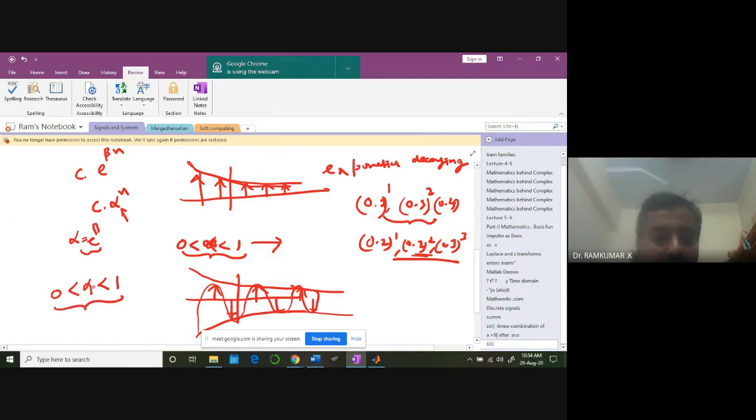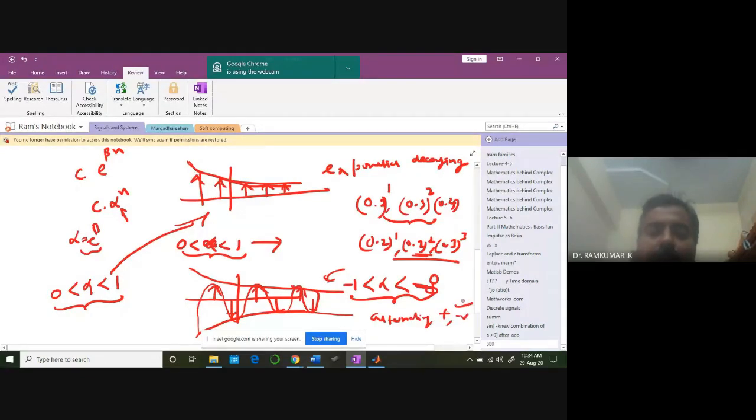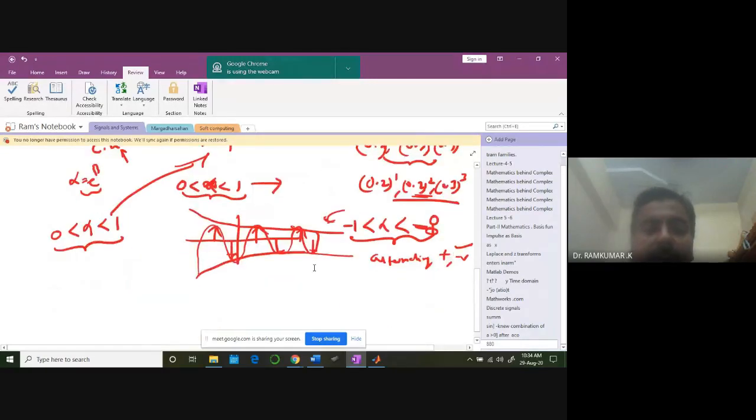It's a fraction, sorry, not this one. -1 greater than alpha, between 0 to -1. I'm talking about this series. But this one is more like this. Okay, this is like you get alternating values, alternating positive and negative signs. Are you getting the point clearly? Anybody having difficulty in understanding this? Can I repeat this one?